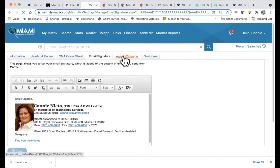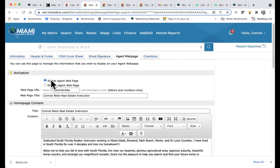Next over is your agent web page, and you can choose to enable or disable it. And this is a free page that you have through Matrix. You can give it a name. I advise you to come in and put your first and last name, or put something that you would like. And a site would be whatever you put into here, .scf.mlsmatrix.com. It's only letters and numbers, no symbols. Take a minute and create your title web page. Note that I put the same thing here as I did on the title page,